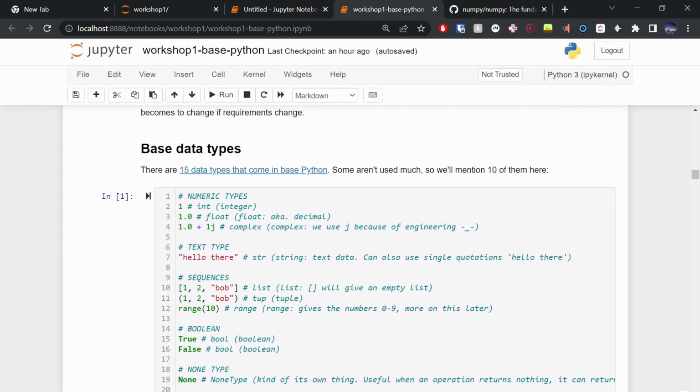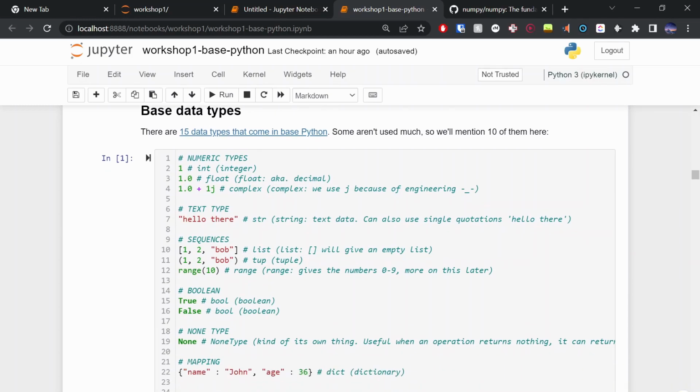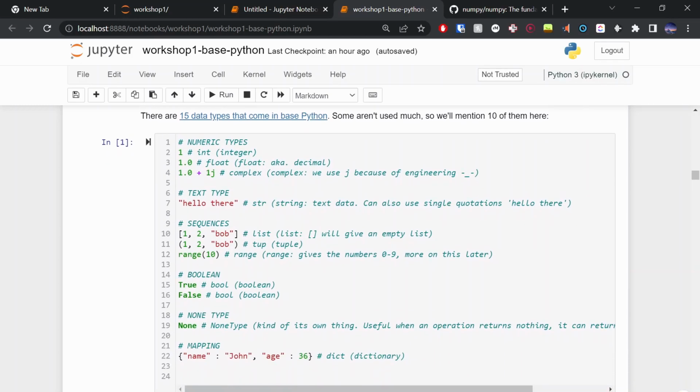Let's just talk about what data types there are in Python. There are 15. Some of them aren't really used much, so I list 10 here. I'm not really going to talk in detail about each of these individually because we'll cover them as we go. But there's integers, floats, complex. So floats can be thought of as decimals. It's just decimal numbers.